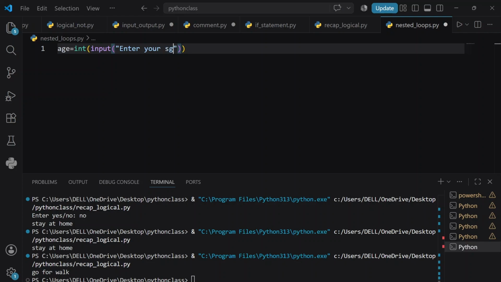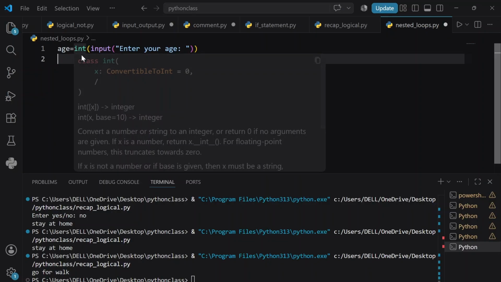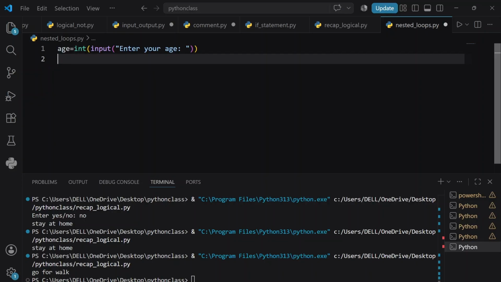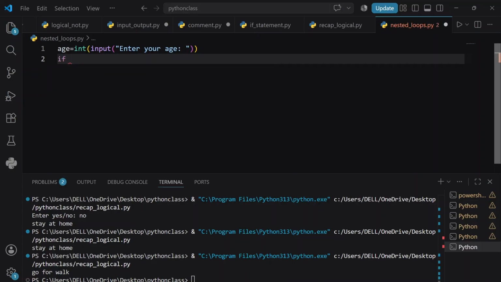enter your age. Okay. And now the main thing here we are going to do, like we are going to start our nested loop, like how we are going to put an if condition inside another if condition. Here right now I am going to write the first if condition, which is if age is greater than equal to 18,